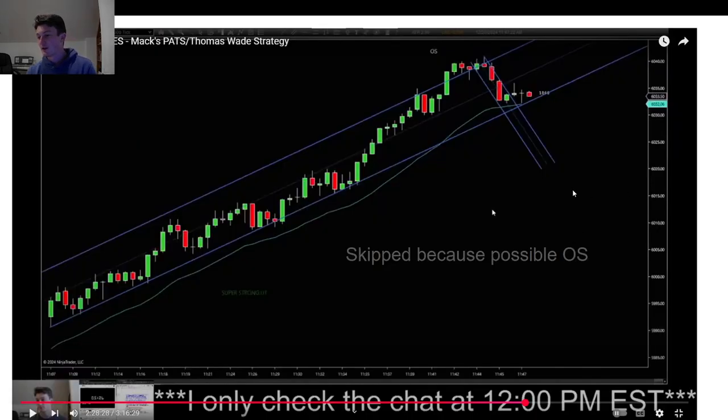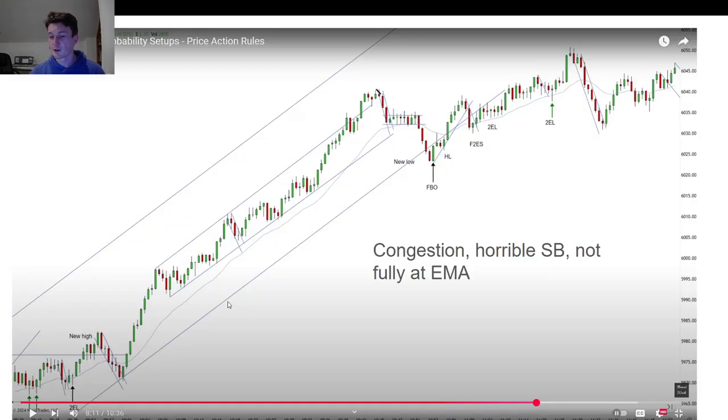Now, next, this trade, this is a second entry long. I skipped this one because of the possible overshoot at this point. I was playing just this kind of medium term trend up here. There was another trend going on, and I did have that before, but then once prices kind of weren't really